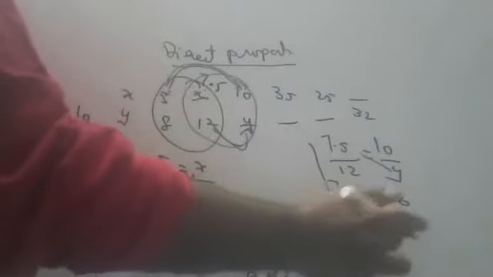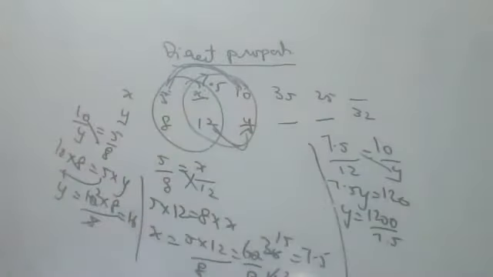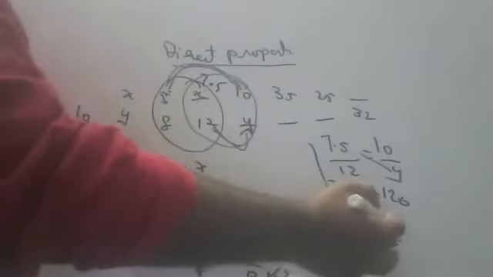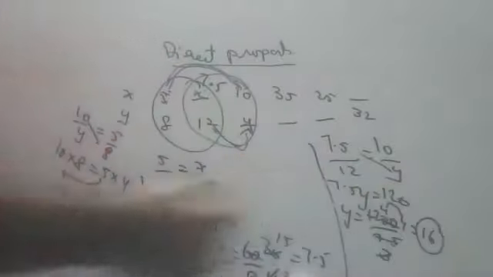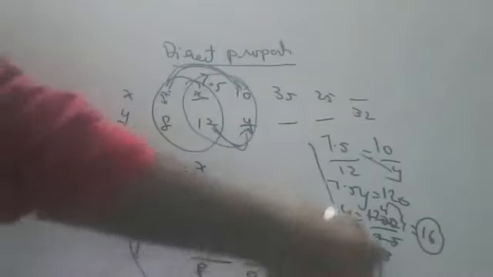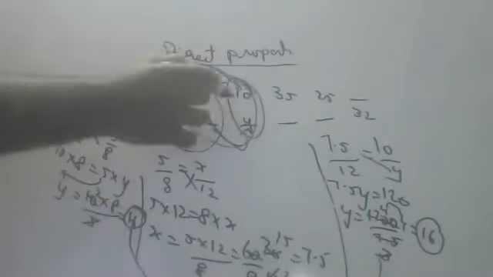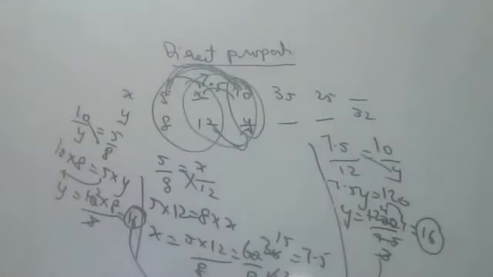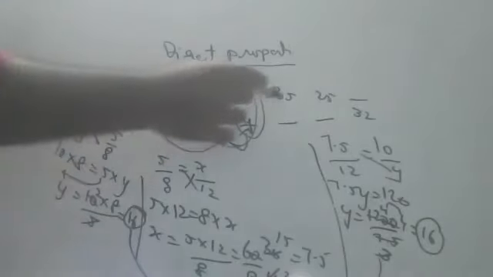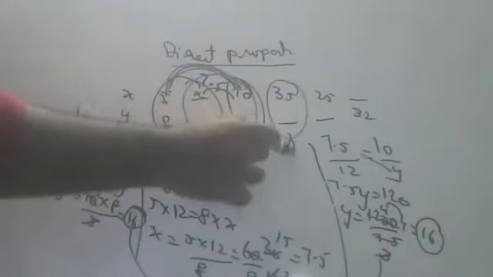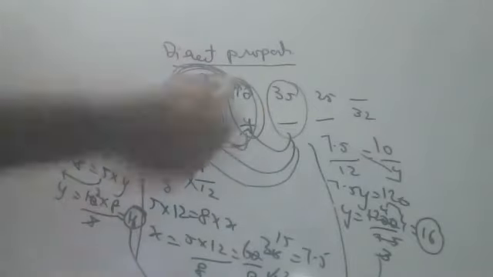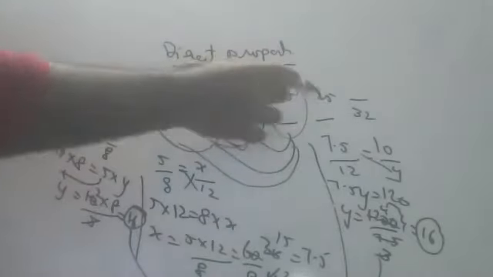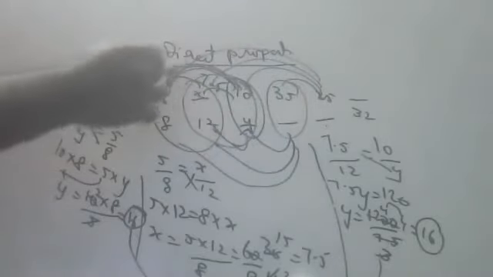If you remove this decimal point, children, 10 will come. So how much will it be? 25 3s are 75, 4s are 16. Again you got 16. Here also you got 16. I told you, children, when you are finding this, you can use this or this. Anything you can use. Similarly, to do this sum, you can use this both, or this both. Anything you'll get the same answer, but doing one way is enough.